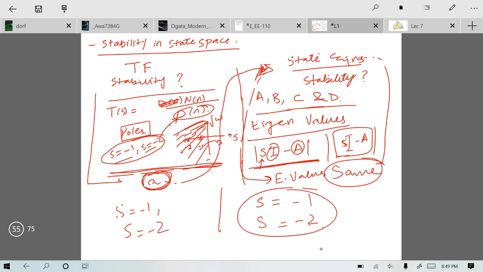So in this way you can again go to the s plane and see if these values lie in the left half plane. If these values are on the left half plane, then we can say that our system is stable. If any of these values comes to the right hand side of the plane, then we can say that our system is now unstable. So this was the very brief concept about stability.